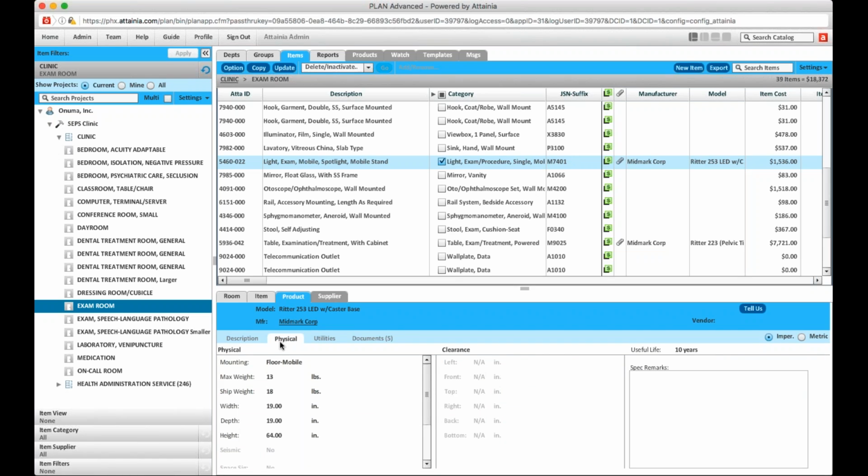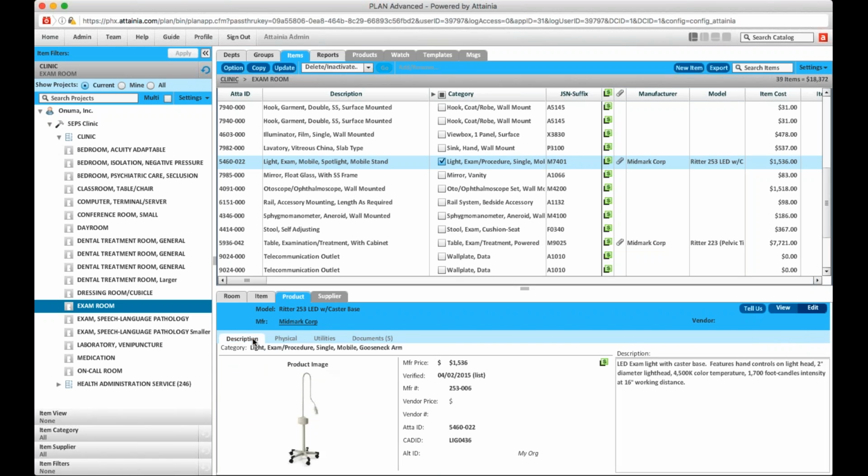If the planner has not yet made a product selection, they will have what we call a design spec. So there will be typical dimensions attached to the generic or unspecified items until such time that a specific product is selected. At that time, your physical and utility document details would then update and would thus be communicated and transmitted through